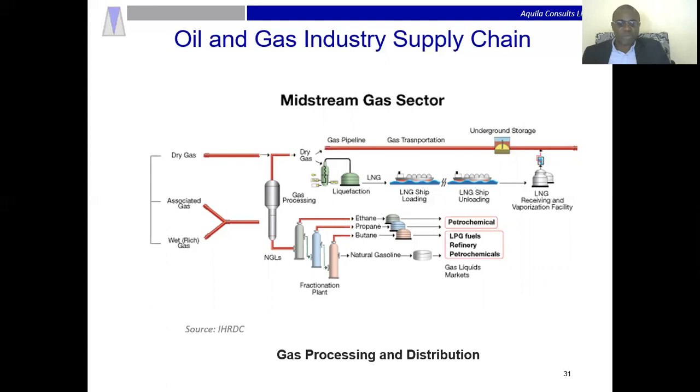Then the natural gas liquid, so this summarizes what you could do with them. You take it through a process called fractionation to obtain the components which are ethane, propane, and butane. And these components can be used by petrochemical facilities. And then you can also work on it to obtain LPG fuel, or use them in the refinery and other plants. So this summarizes the further processes you could have on natural gas.